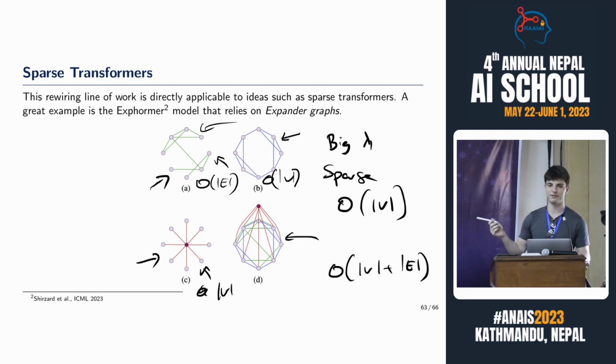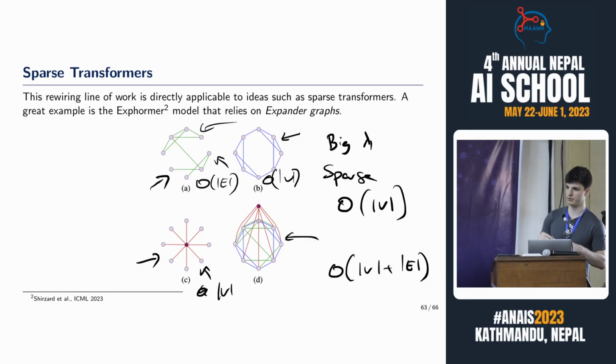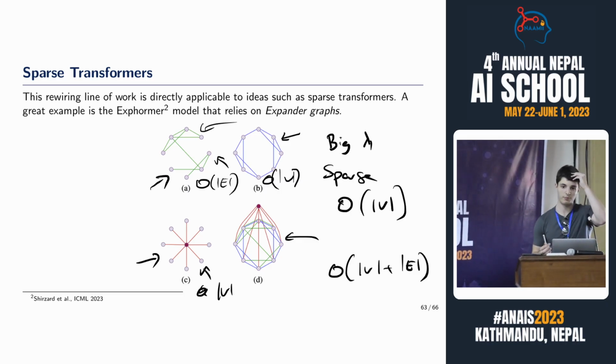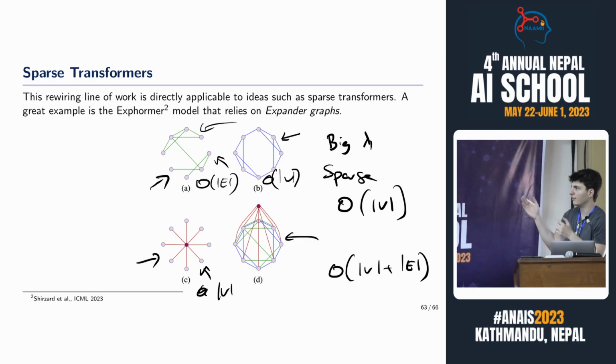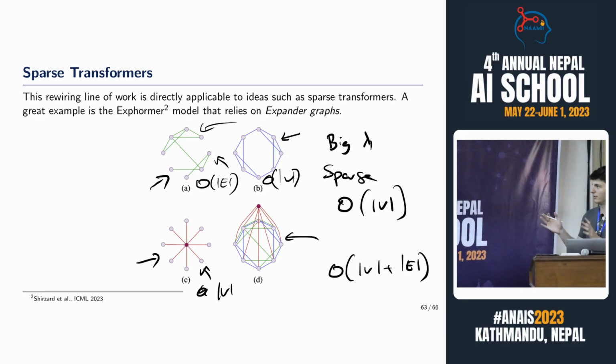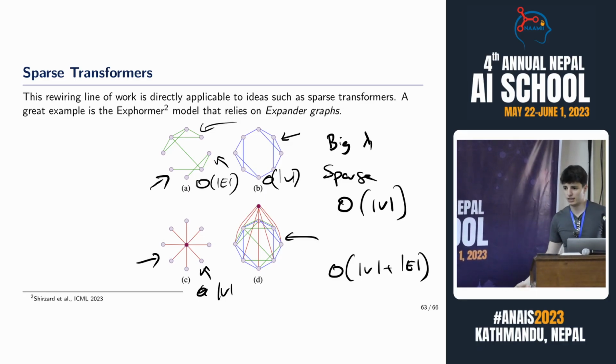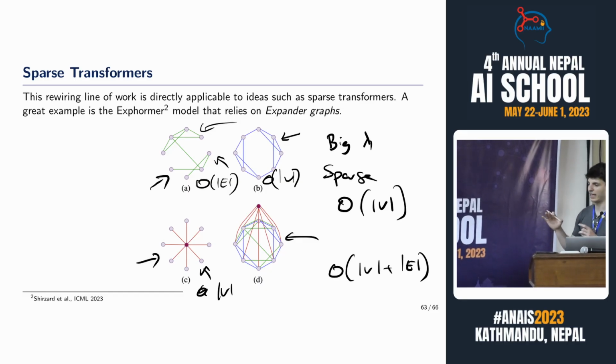Theoretically, they are the graphs that have the best mixing time. The mixing time means that if you take random walks, the distribution of random walks will converge very quickly to the uniform distribution. And of course, fully connected graphs have this property, but these are not quadratic in the number of edges, right? So this is very useful. And in these sparse transformers, they're pretty much just saying, let's use graph theory, let's replace this fully connected graph with graphs in graph theory that we know are very beautiful and have all the properties we